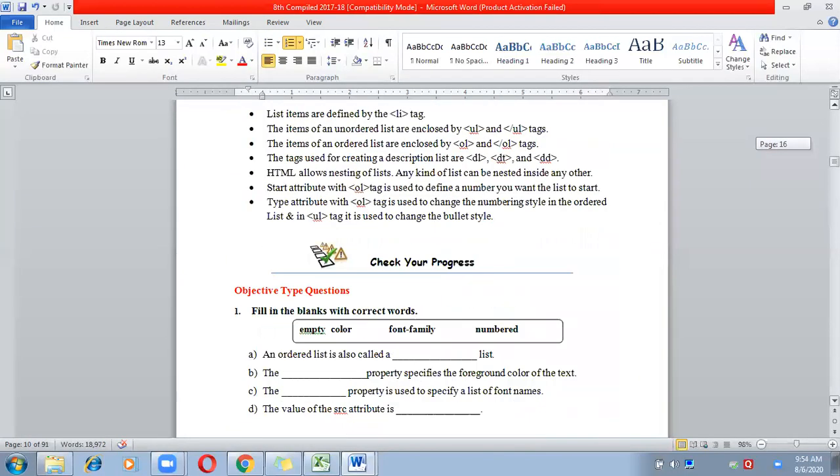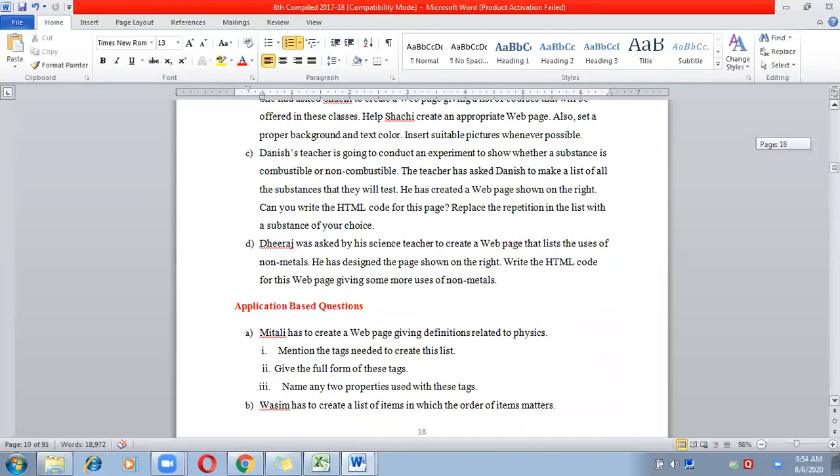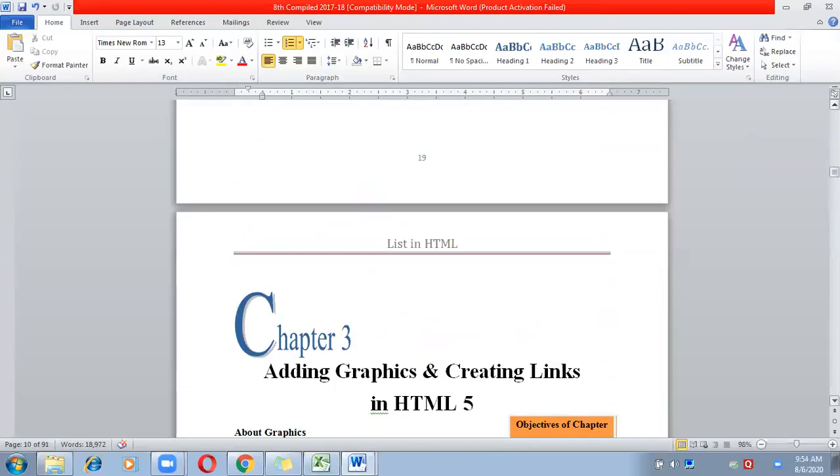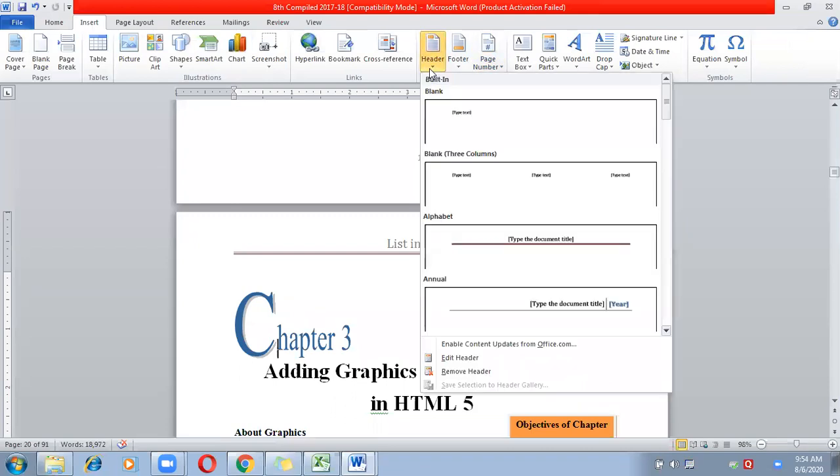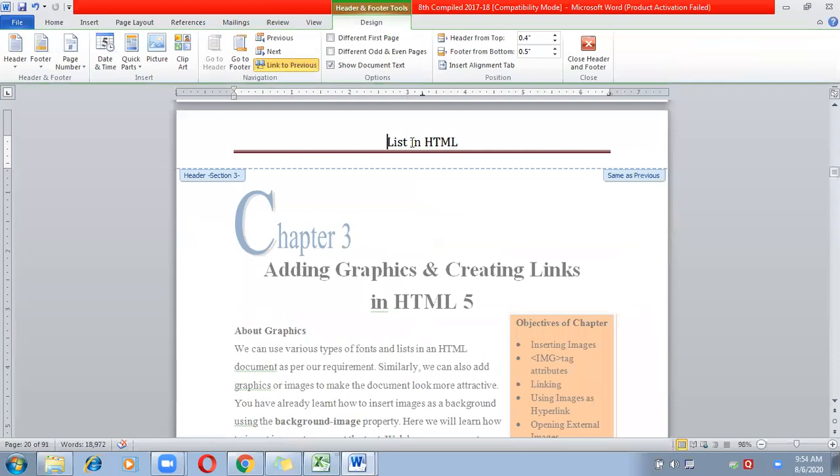Now before starting my third chapter, again I want to change the header. So again repeat the same thing: go to insert tab, click on header, then go to edit header and click on the link to previous button, so that the link will get disconnected and the pages will get disconnected.